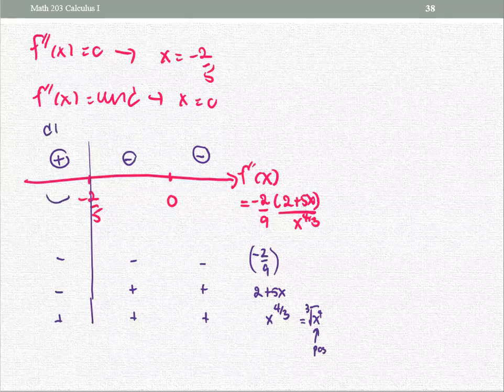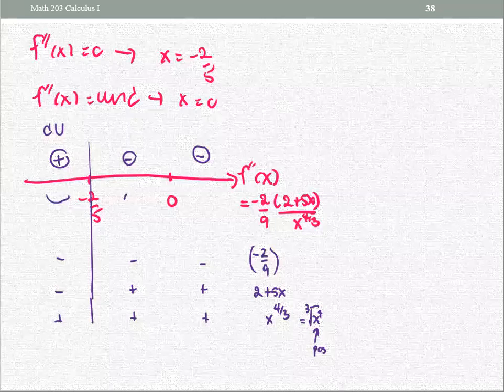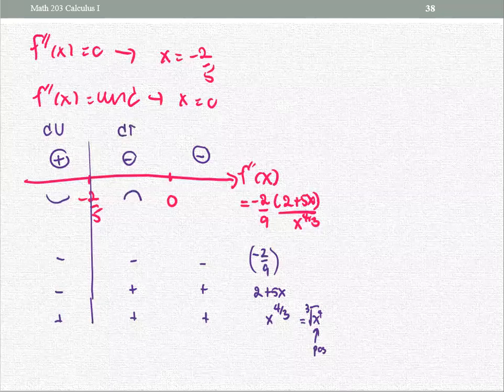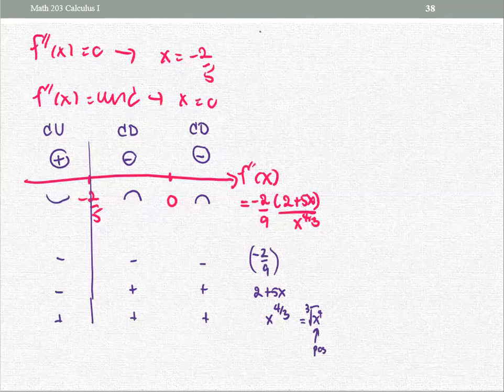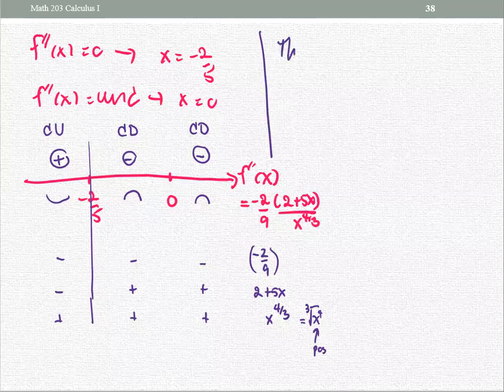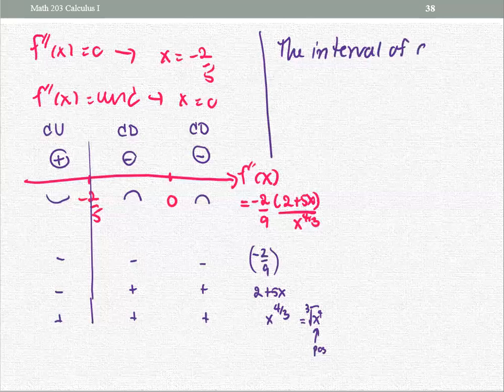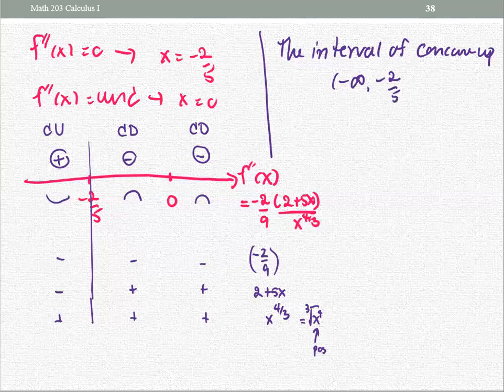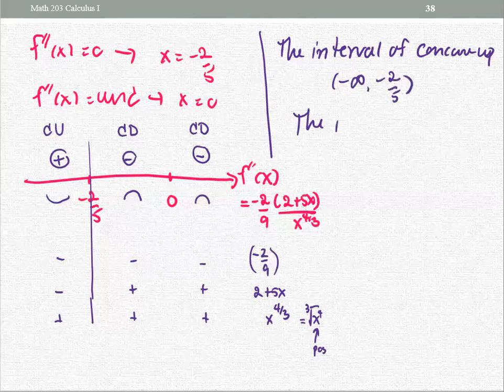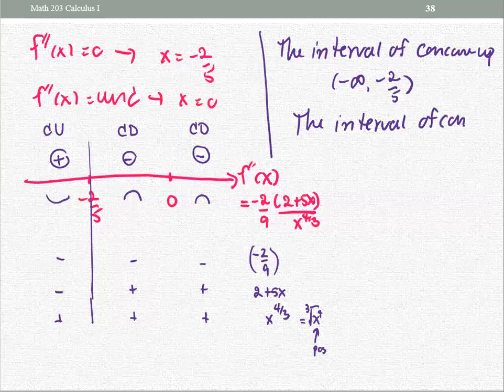So from what we have here, positive side, I'm happy. So this is the concave up interval. Negative side, not happy, this is concave down. And this is another negative side, concave down. So then from this, the interval of concave up is going to be negative infinity to negative 2 over 5. And the interval of concave down